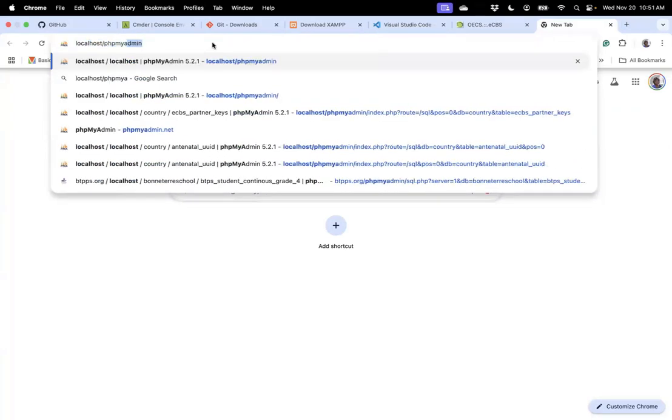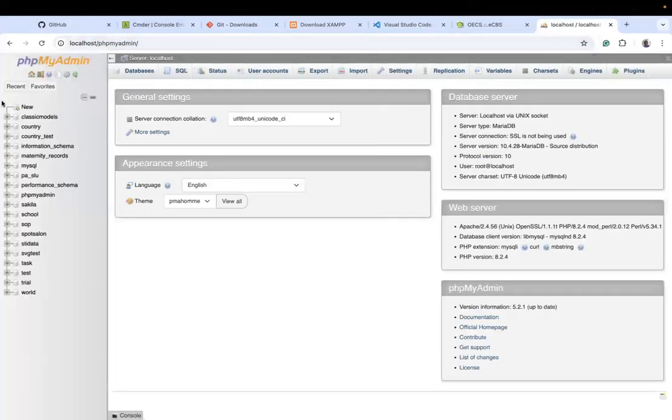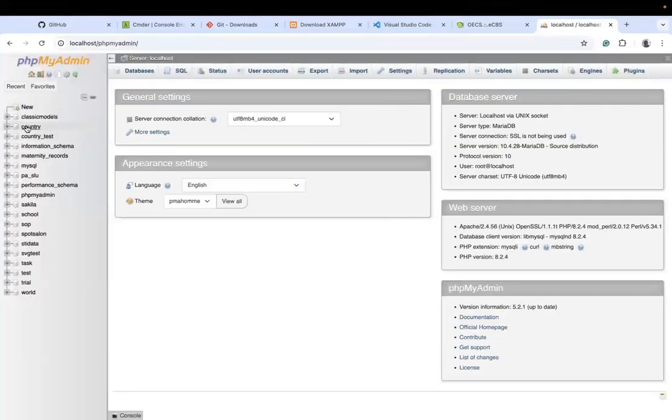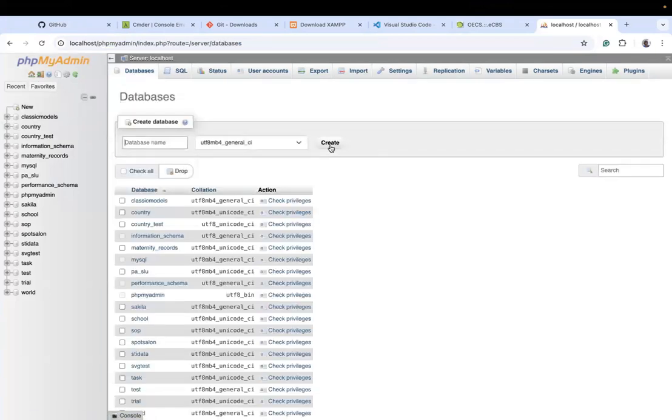You want to control the database, you do localhost/phpmyadmin. Now in your output 2 report, it states what the database name is. So the database name is country for this trial system. And so you want to make sure you have country created. If you don't have country created, it's time for you to come here and create a new database. And you put the name of the database,